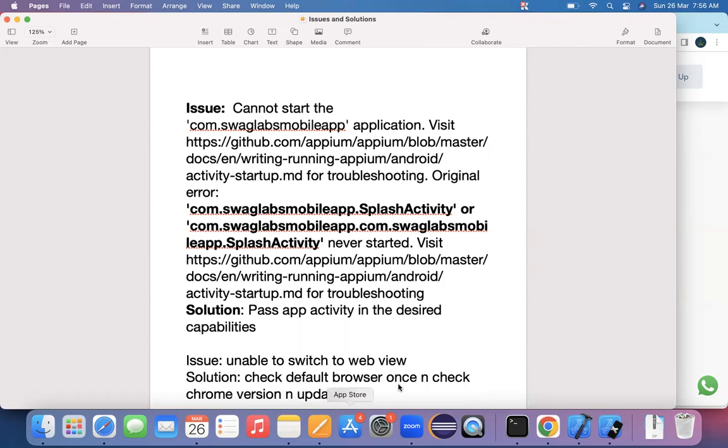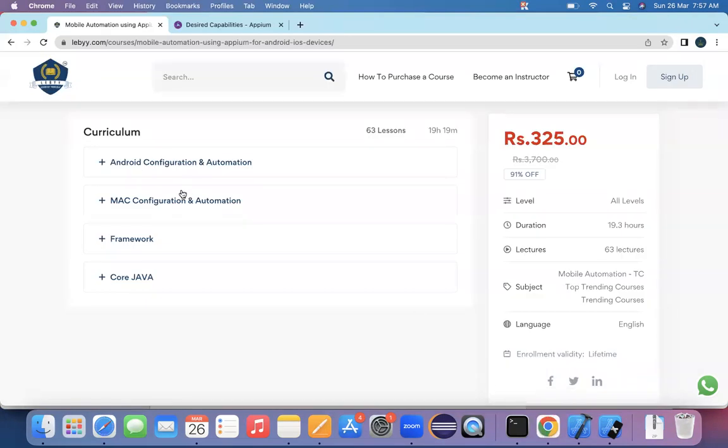So what we are going to study here is the complete Android and iOS configuration with a bunch of real-time issues and the solutions that we are going to implement. Additionally, guys, if you have a Mac machine, even I will help you out in configuring your Mac machine. And later, the Cucumber BDD page factory based TestNG framework also we are going to study here.